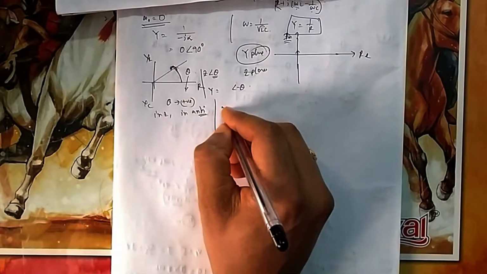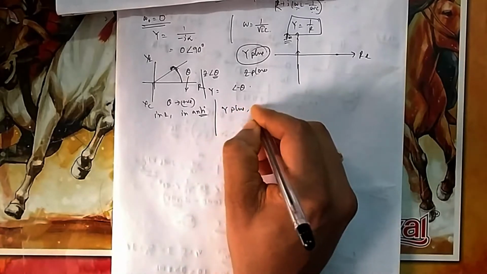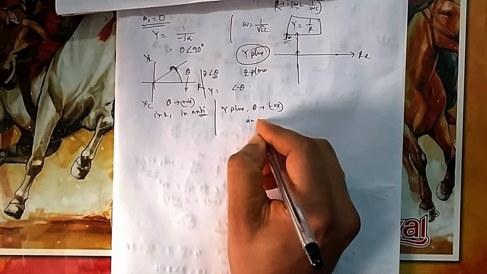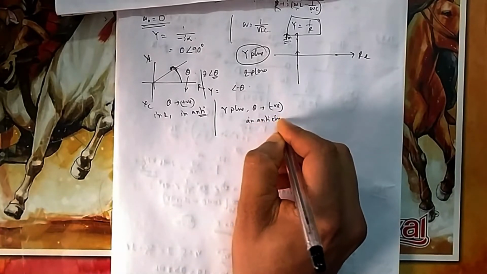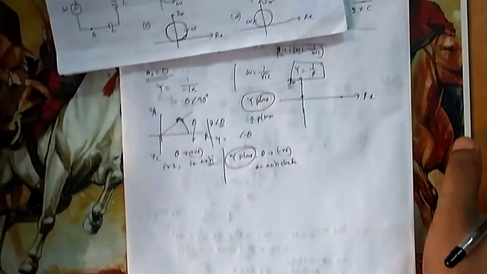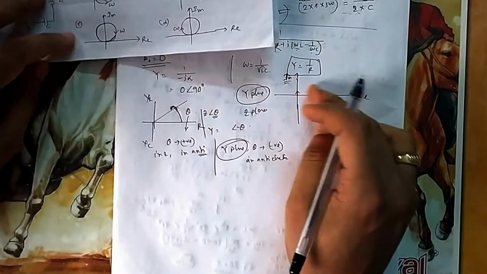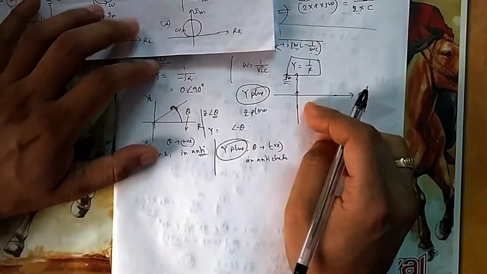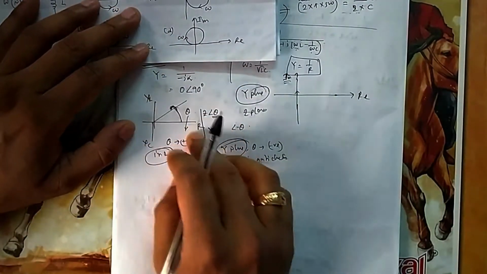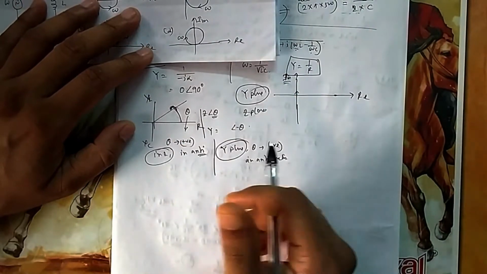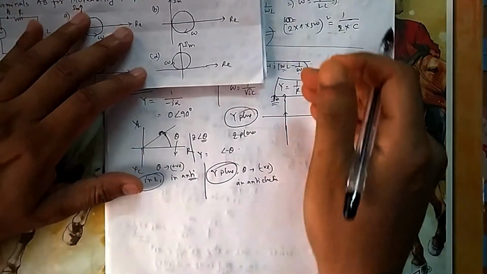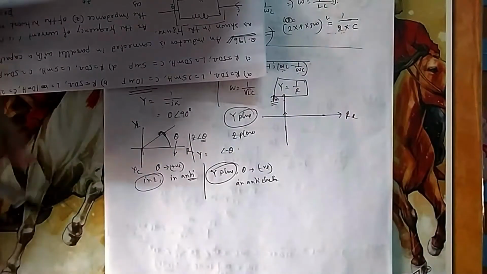So in the Y plane, what will it be? Negative theta will mean we move in the anti-clockwise direction. So in the Y plane it changes the theta. Till now, what you know is that if you move anti-clockwise, that is a positive angle, and if you move clockwise, that is negative. That is all for Z. We have done everything in the Z plane, but in Y your angle just reverses. That's why you will see that for the Mohr relay characteristic, the entire graph moves from the first to the third quadrant, because everything reverses.